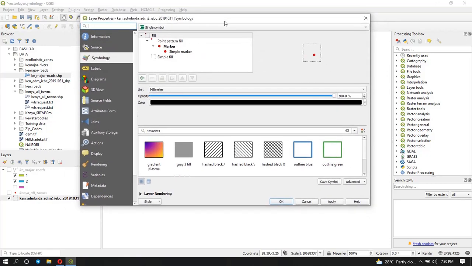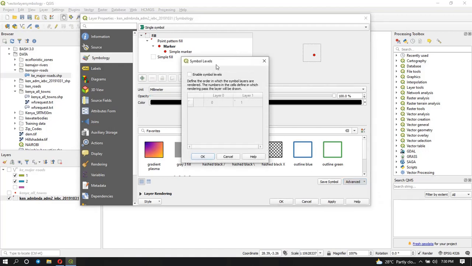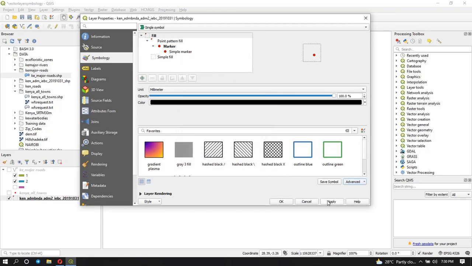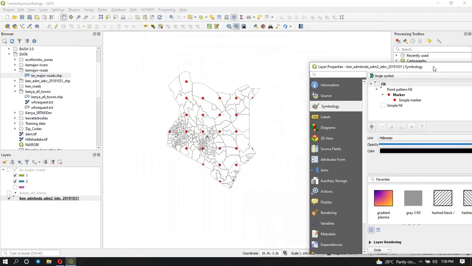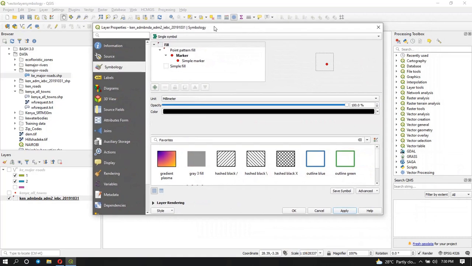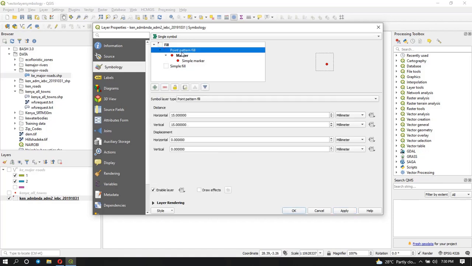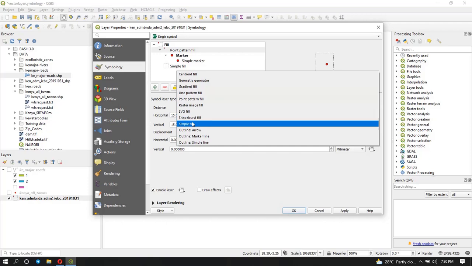But the thing is, especially if you're mapping a lot of data, it could be confusing for the user. So what you need to do again is to make sure you have labels so that you can define the order in which they are drawn or rendered. So you have to enable the labels. So that's how it is. You can choose any type of layer types that you want to use. For example, I can go back to the simple fill,